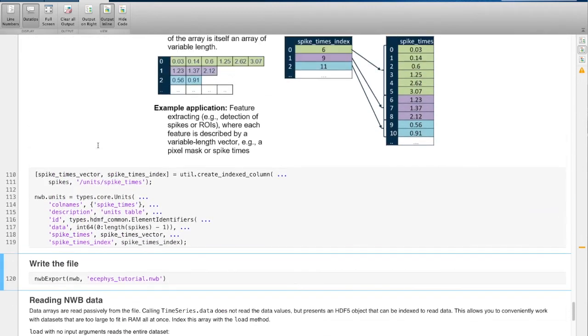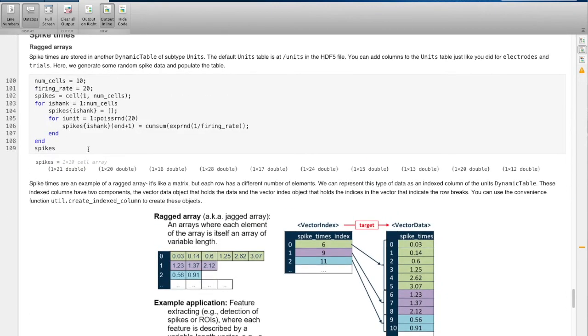And I have this code here just to generate some simple spike data. What I've done here is I've iterated over shanks and over units, and I've generated some different number of spike times. Each of these elements of the cell array corresponds to a different unit, and each unit has a different number of spike times. So that's pretty important actually, because when we create these columns, normally we would like to just create a matrix where the first dimension of it is the rows in our column,